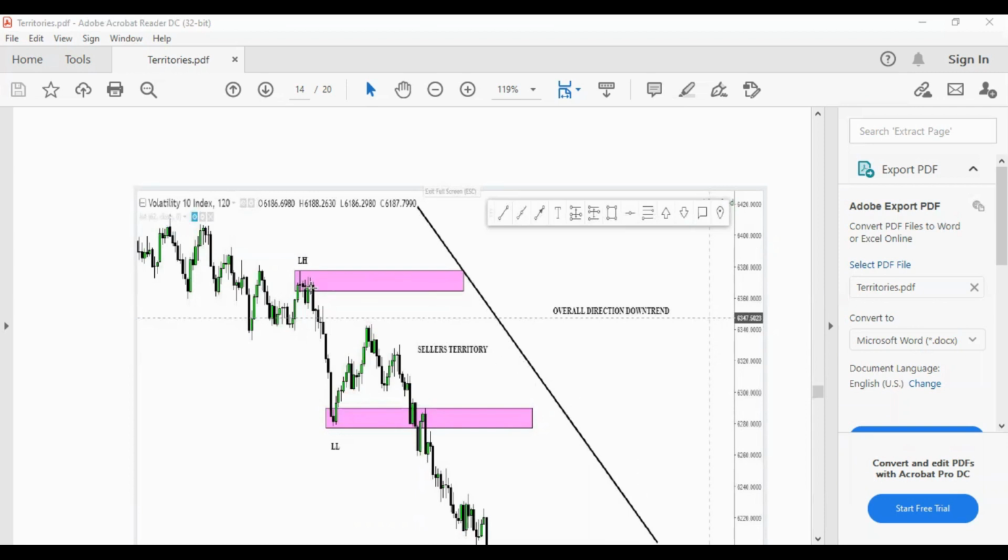Here. This is our what? This is our lower high. This is our lower low. Price is somewhere here. First thing is, if you don't know about market structure, refer to the video that was